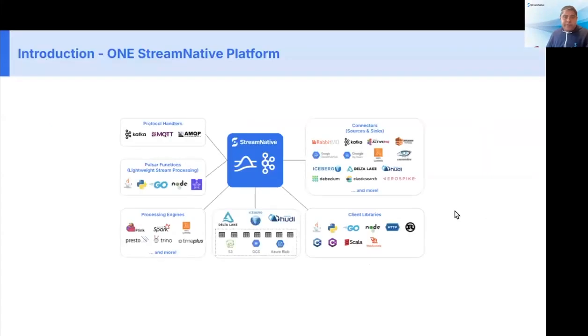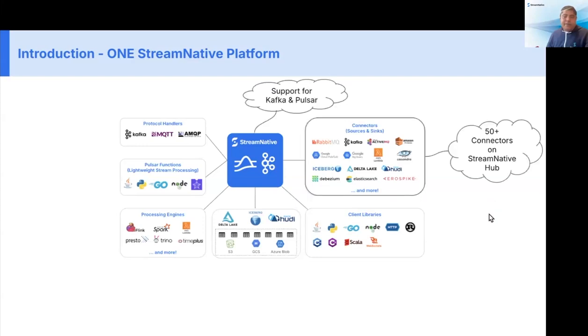So quick introduction to the StreamNative platform. Right at the core is basically the support for Apache Pulsar and Kafka. And then basically we have a lot of different types of connectors which allow you to bring data and move data in and out of StreamNative Cloud. These connectors are built using Pulsar IO framework, which is the connector framework based on Pulsar, and Kafka Connect based connectors as well. So we recently added support for Kafka Connect, which now opens up access to a whole range of community connectors and connectors from our partners,